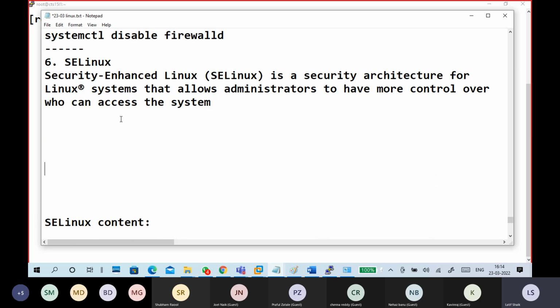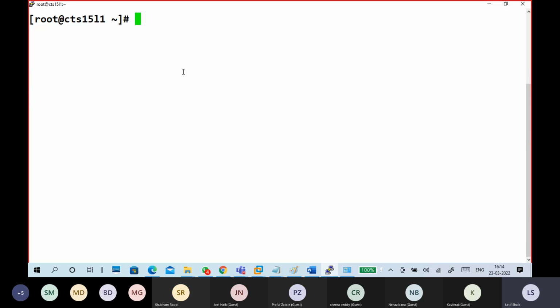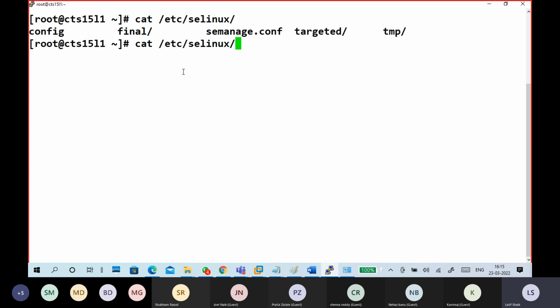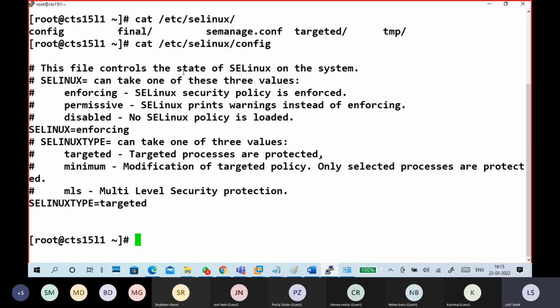Next, SELinux modes. There are 3 modes, and we'll also see how to manage them. You can use the cat command on /etc/selinux/config.